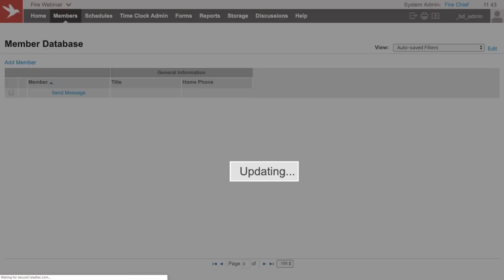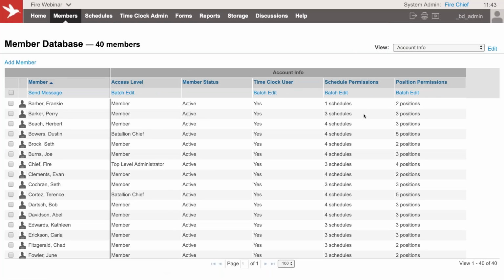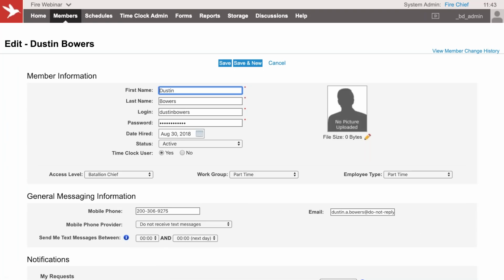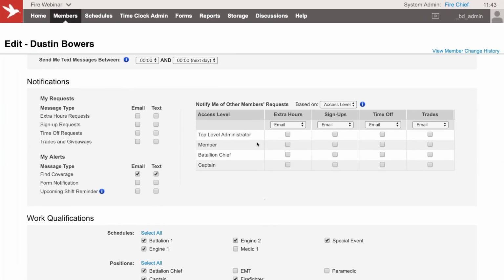However, by default, that's actually going to have each of those people receive messages from everybody from all of those schedules, where I might only want to be notified from my squad. So one of the ways that we can change that is in somebody's profile who actually is an administrator or a scheduler. You'll see this section here, notify me of members' requests, and this can be customized in a handful of different ways,